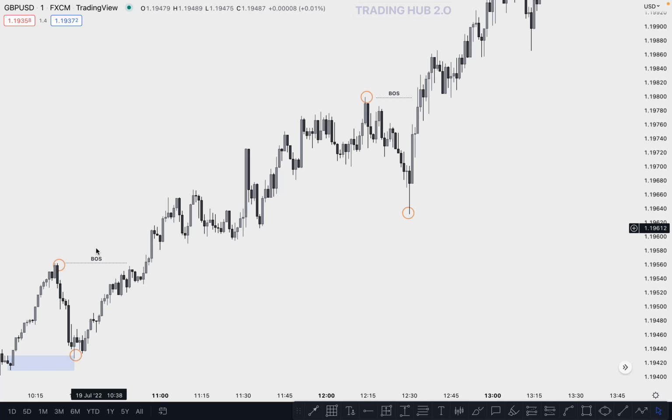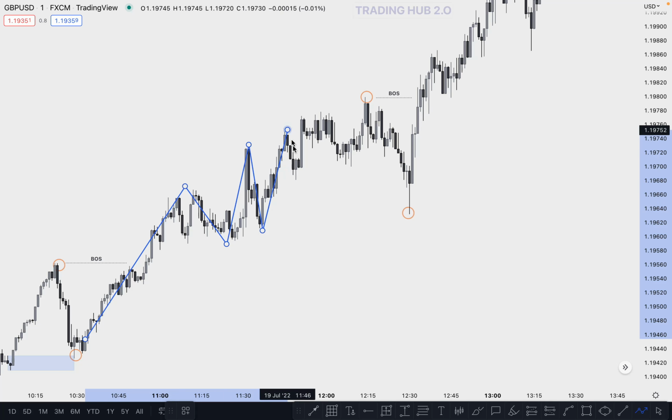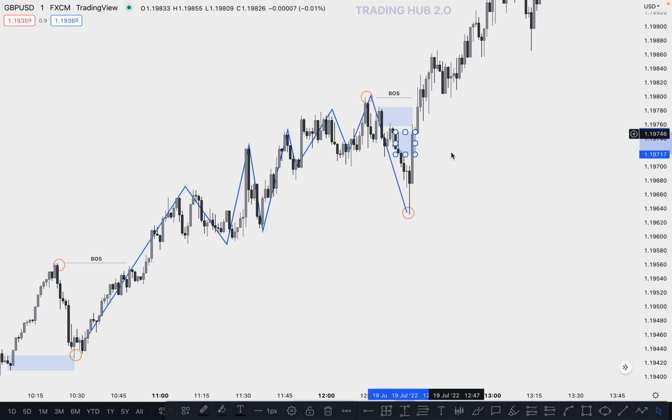So as you can see here, market momentum is bullish, creating higher highs and pushing upside. Most traders get confused here when they mark the structure. First they mark the structure like this is a BOS, and again the market breaks the structure, BOS, again BOS. Okay, and then what happened? The market breaks this structure and they think the market turned from bullish to bearish, and they expect the market to be bearish and anticipate selling here and here because the market momentum has changed from bullish to bearish. But in reality this is not a bearish market,